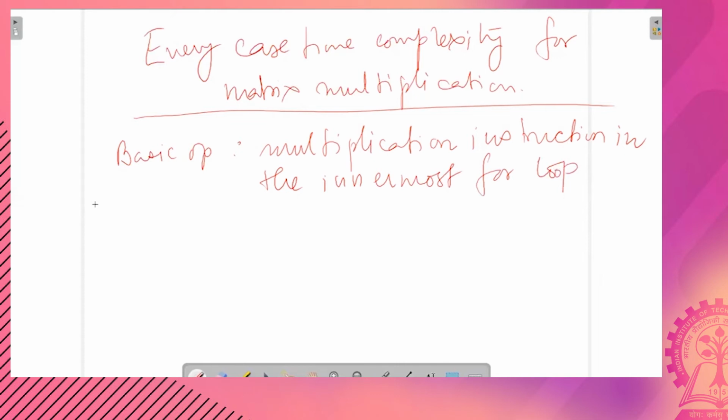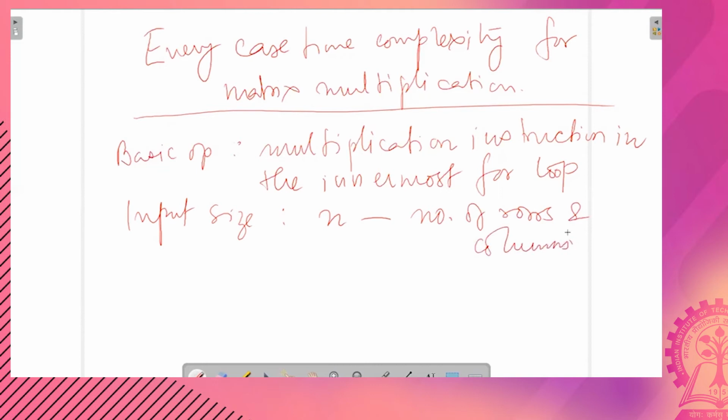Okay. Input size n, which is the number of rows and columns.